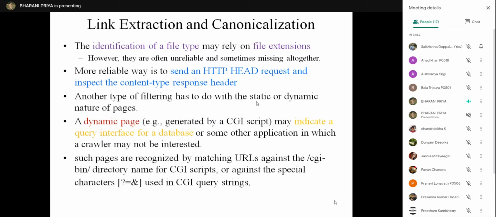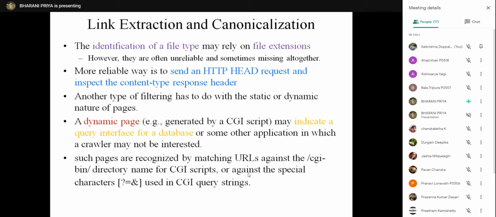By seeing the URL. Inside the URL, in some URLs you will have the extension like cgi-bin. CGI scripts are nothing but dynamic pages, and if you encounter cgi-bin in the URLs, that means they are dynamic pages.